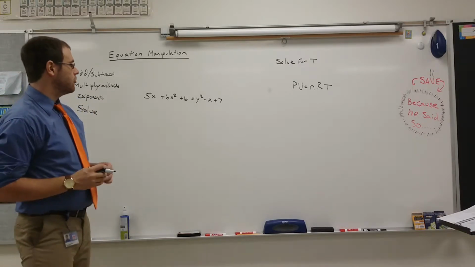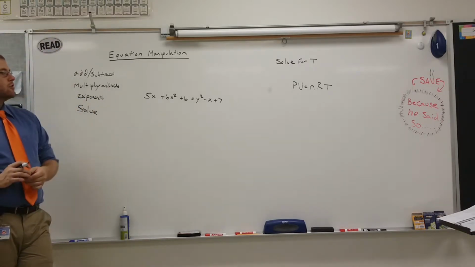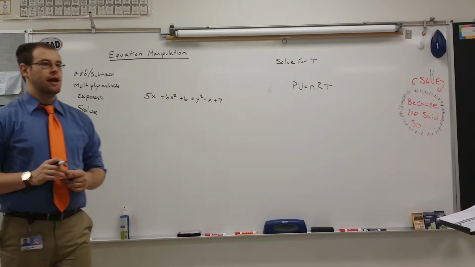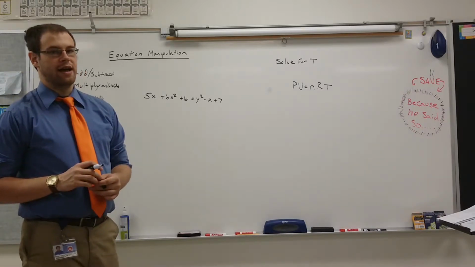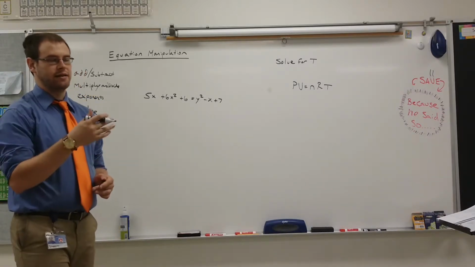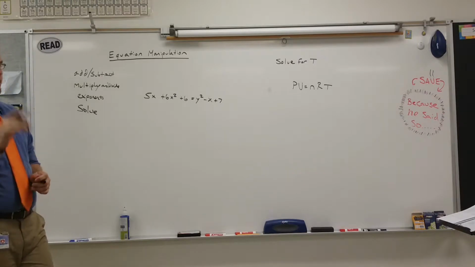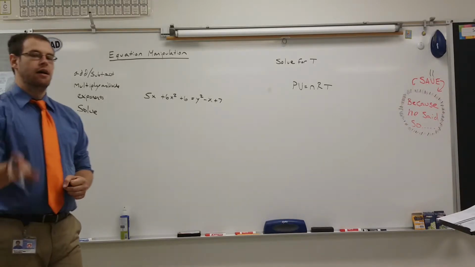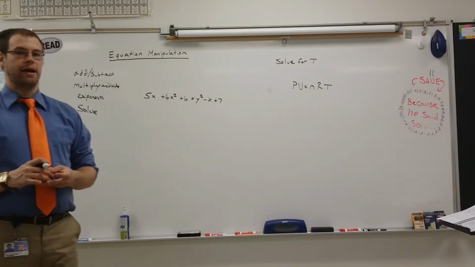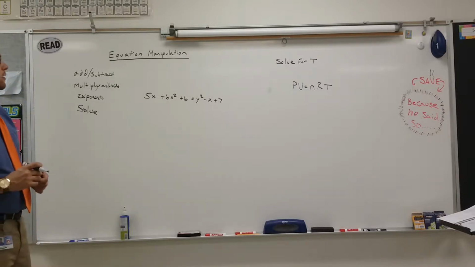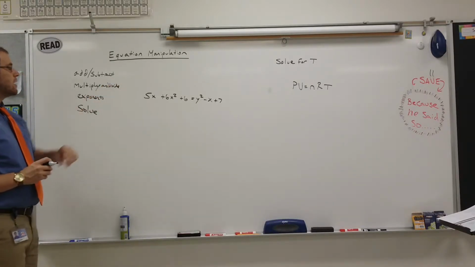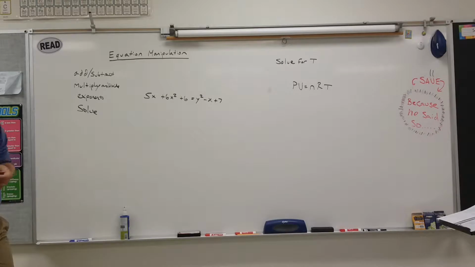And in algebra and an equation, anything that you can do to an equation can be undone as well. So if I can add something to one side, I can subtract it back over. Or if I square something on one side, I can square root it and make it go away. So everything is reversible. That's important to know. So the first thing I'm going to do is show you how to add and subtract things